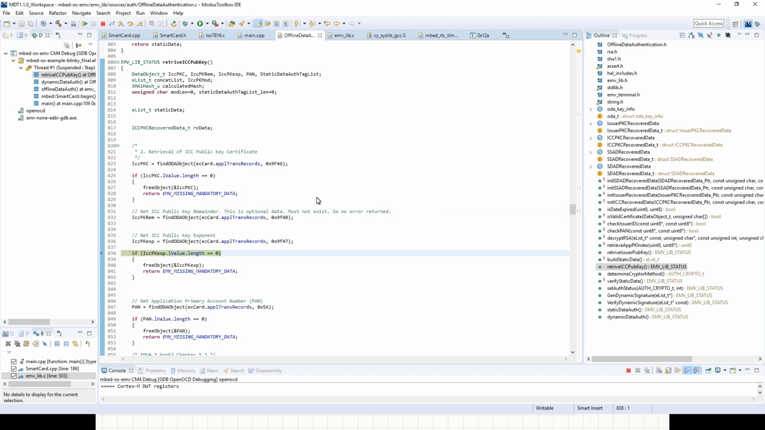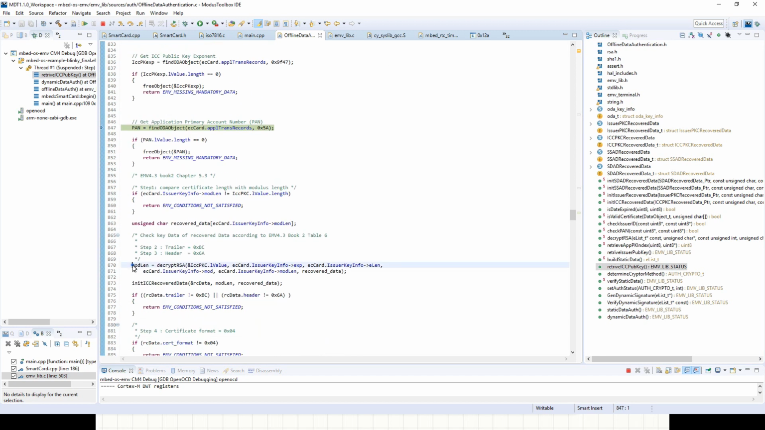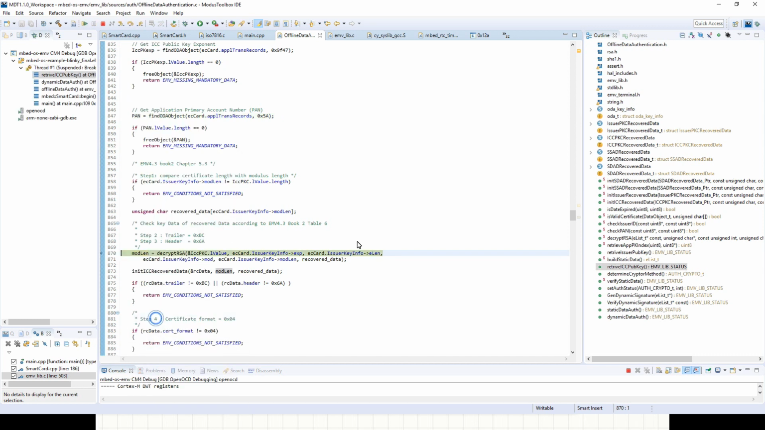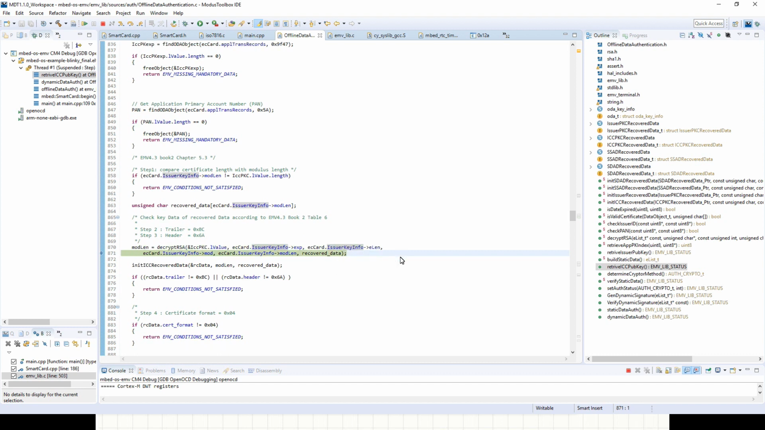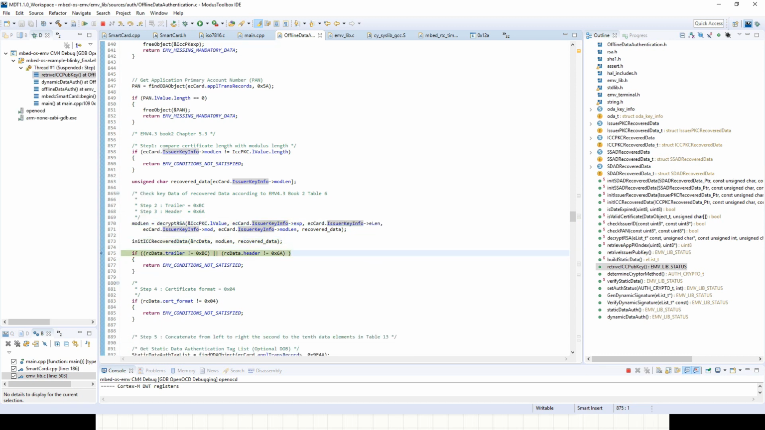So once we're done with that, we have to decrypt it at this point. Now remember, to decrypt the ICC public key certificate, we need the issuer public key, which we already decrypted from the previous function. And this is it, it's saved here. So we decrypt the ICC public key certificate now, and we get a data structure that is similar to,